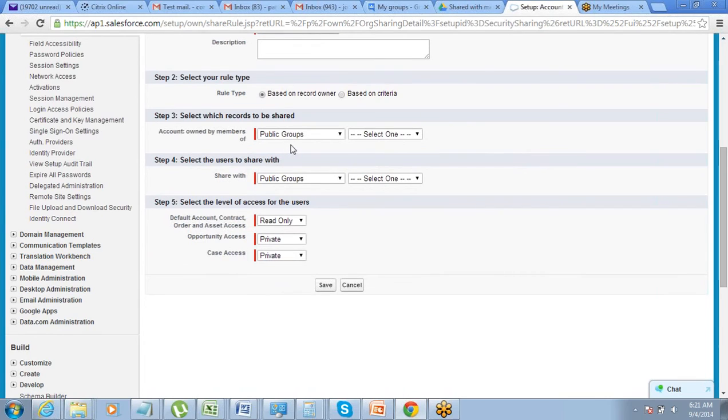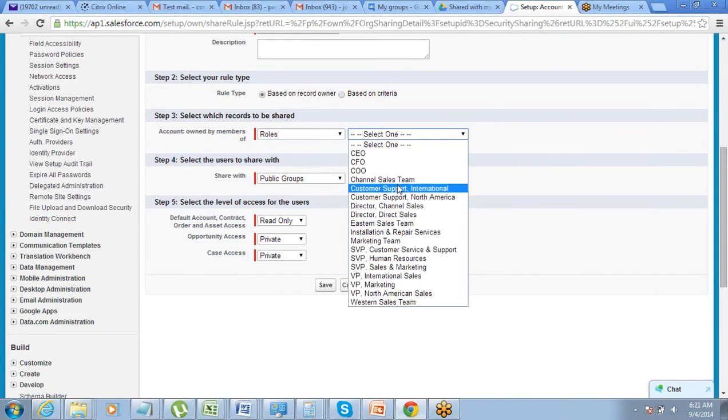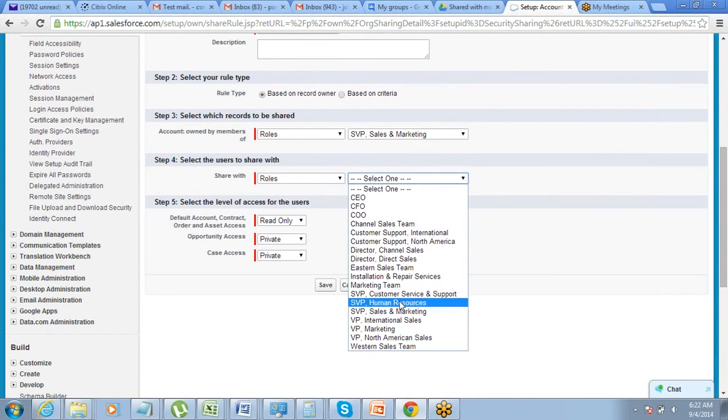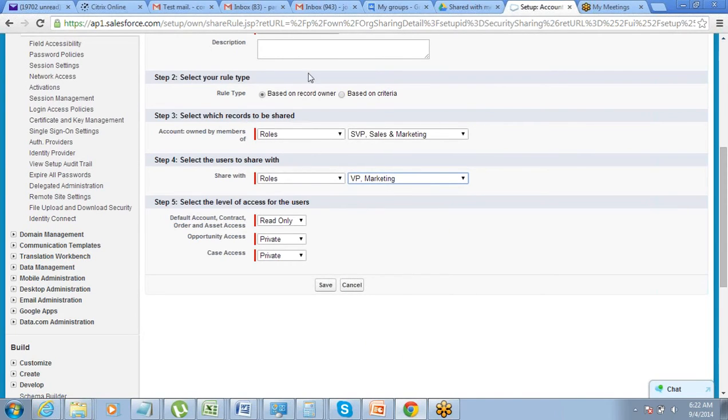Who do you want to share it with? So I want to share all the data which is owned by channel sales team, let's say, or sales and marketing SVP with VP of marketing. So whose data you want to share, with whom you want to share, right?